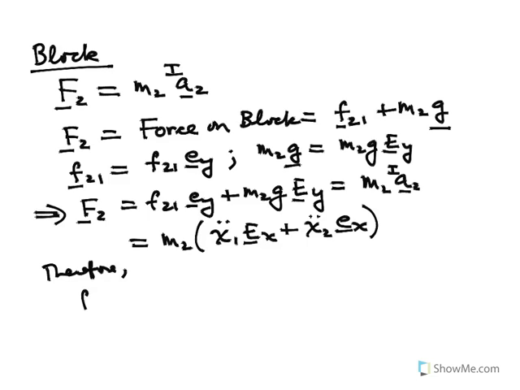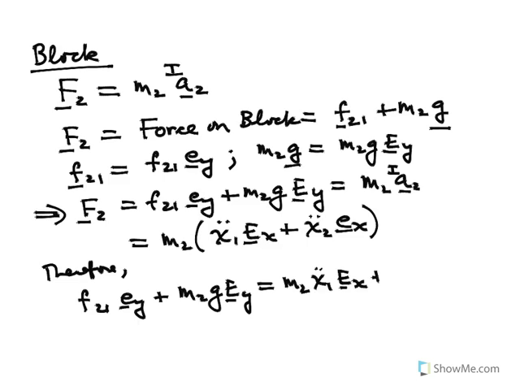We actually get that F21 little EY plus M2G big EY is equal to M2 x1 double dot big EX plus M2 x2 double dot little ex. So now look what happens. If we want to get rid of this unknown, since F21 is unknown,